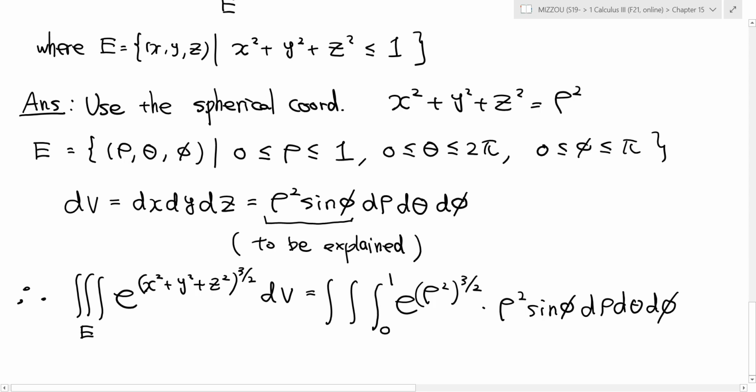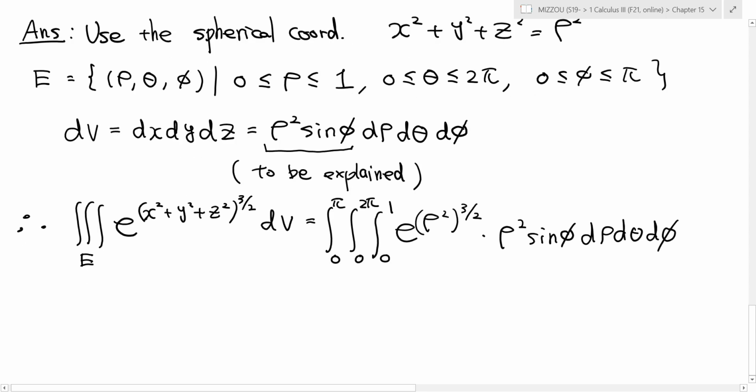And then theta is between 0 and 2 pi. And phi is between 0 and pi. Okay. So all we have to do is just work this out. And this is simplified as